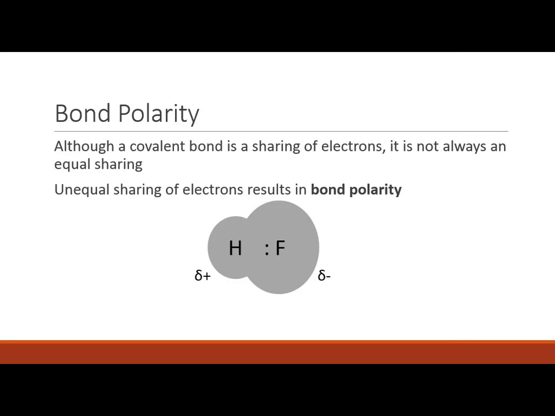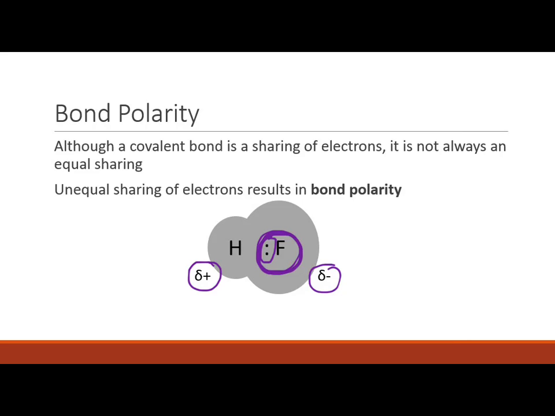The same type of thing happens when we are sharing electrons in a bond, right? So, for instance, in this hydrogen-fluorine single bond here, and there are lone pairs on the fluorine, but that doesn't matter right now, but this pair is being shared. But fluorine is stronger, right? It has what's called a higher electronegativity, and so it ends up pulling on the electrons. So the electrons spend most of their time hanging out with the fluorine. Now remember that electrons are negative, right? And so that gives the fluorine what we call a partial negative. That's what this symbol is, a lowercase Greek letter delta, a delta minus, a slight negative charge on this end of the molecule. Hydrogen's kind of left out in the cold, which means it ends up with a slight positive,